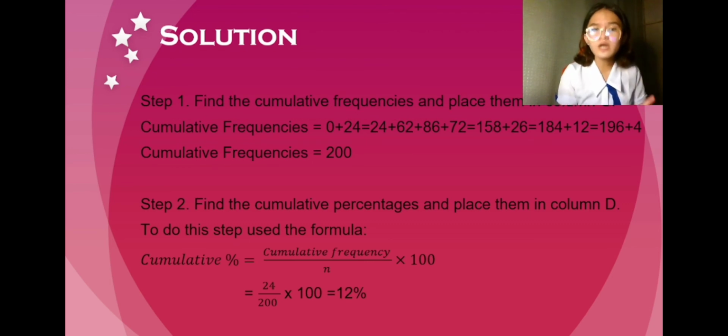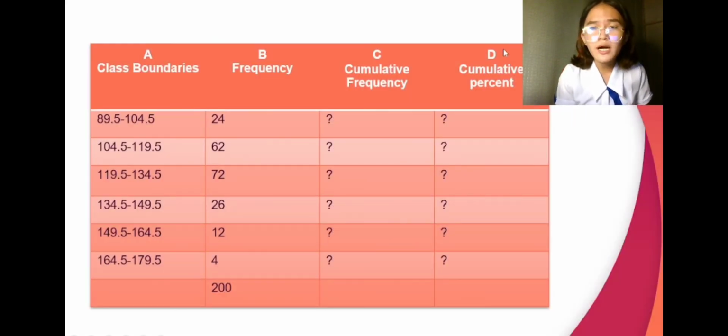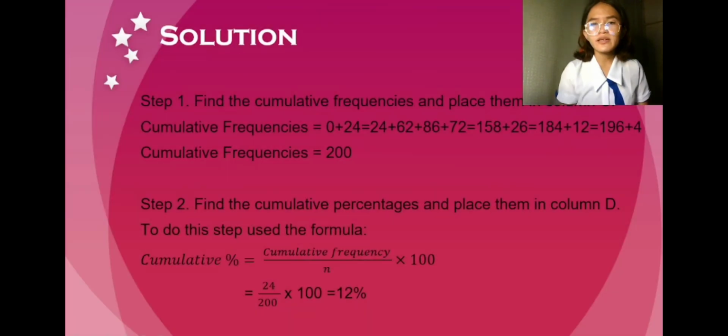So step 2, find the cumulative percentages and place them in column D. Earlier, how do we get the cumulative percent? To solve this cumulative percentage, we have a formula. Cumulative percentage equals cumulative frequency, which is here, over the total number of cumulative frequency, times